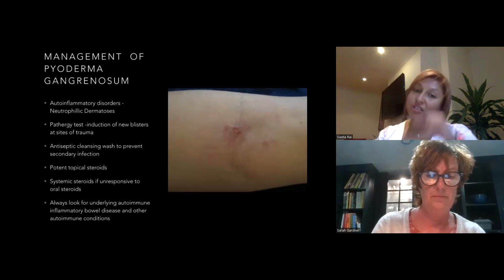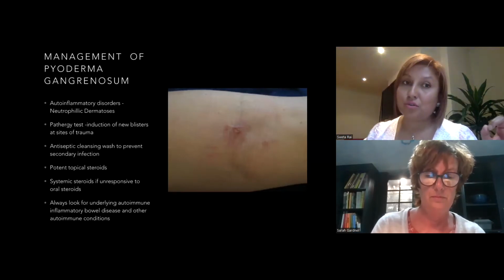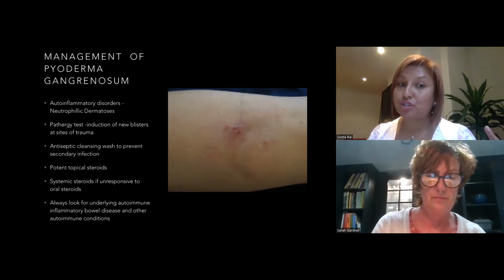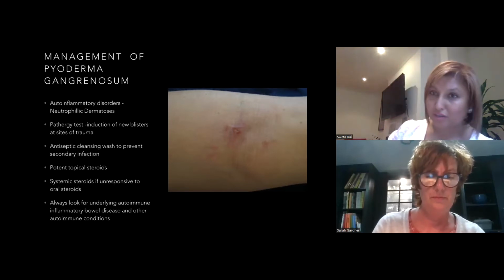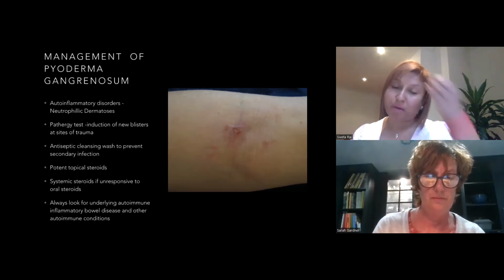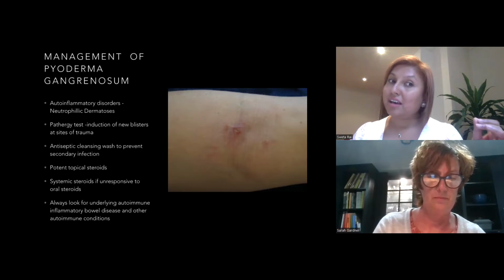In the majority of cases, these lesions are idiopathic. So you find that they have got pyoderma gangrenosum, but pyoderma gangrenosum is not associated with any background condition. If they're young and they have pyoderma gangrenosum and you've got a tissue diagnosis confirming pyoderma gangrenosum, then most of